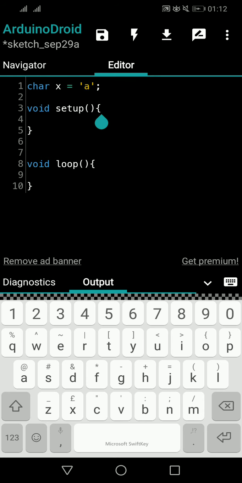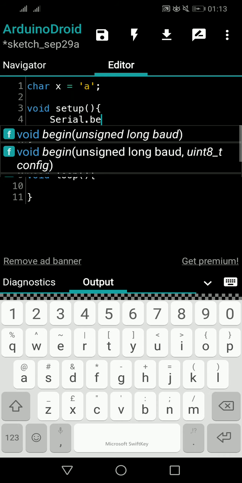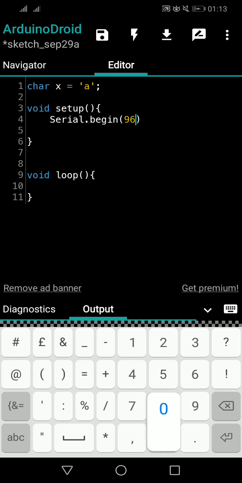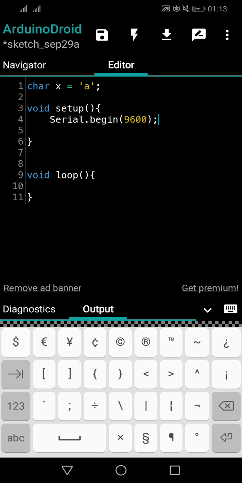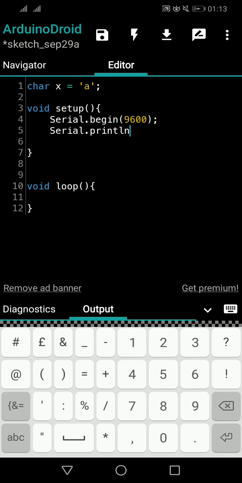If you want to serial print the value, you know we have to write Serial.begin, and we can fix a speed over here, and a semicolon obviously. Then you can use Serial.println to display the value.